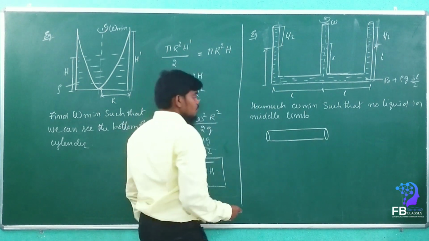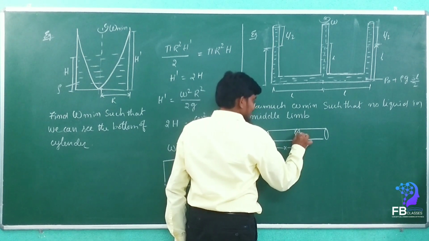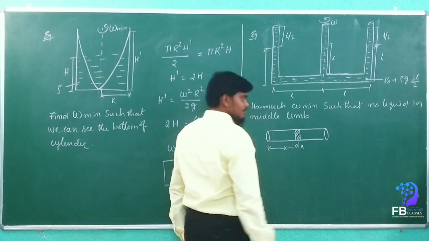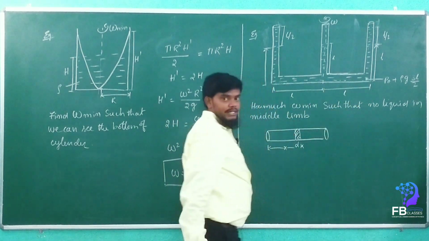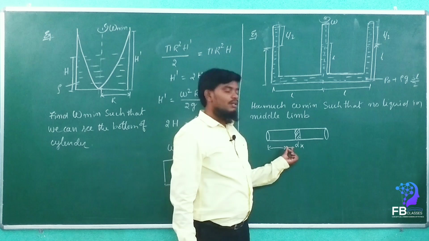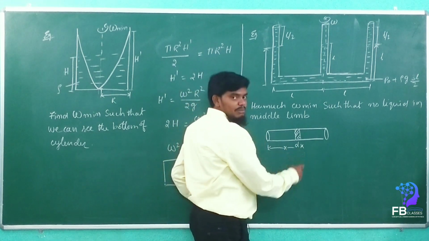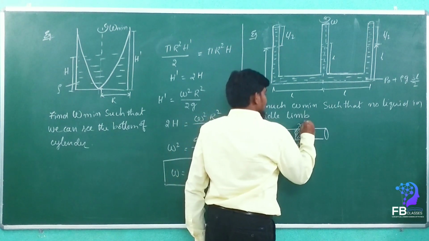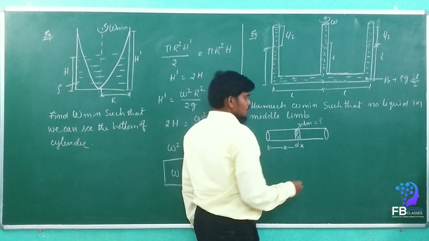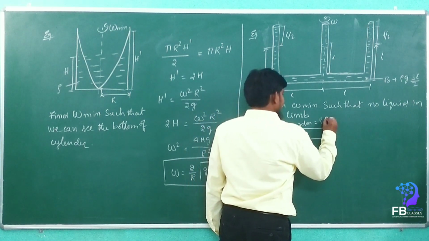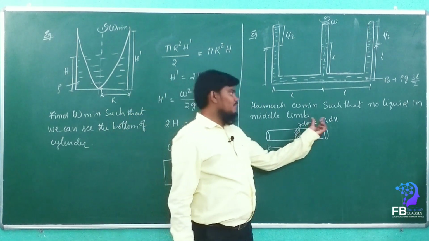So now from x distance we can go for the x distance and take a dx element, because the pressure changes from left to right. So what we are going to do is integrate the equation. We go for x distance and take the element as dx. In this dx, how much mass will be there? dm is equal to rho A dx. Got it? This much mass will be there.